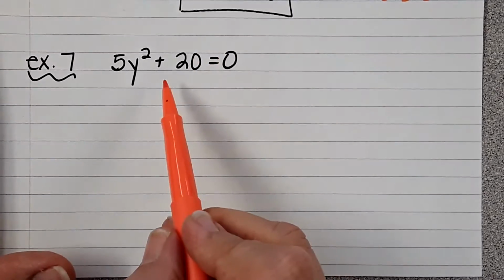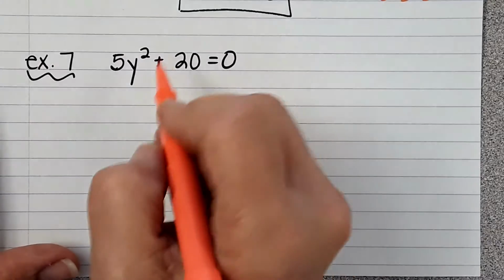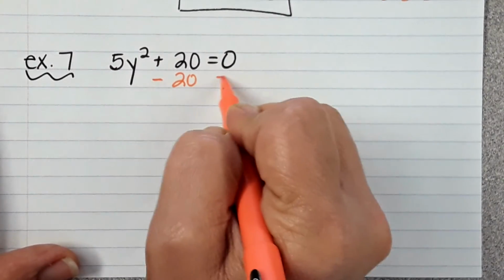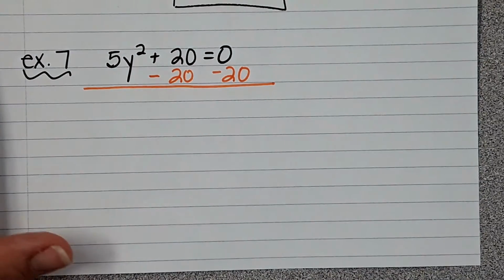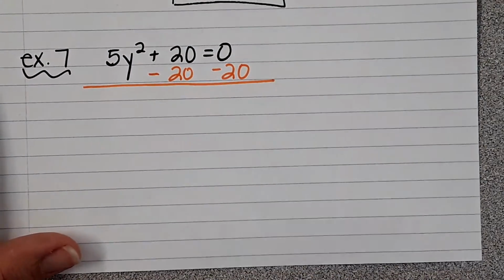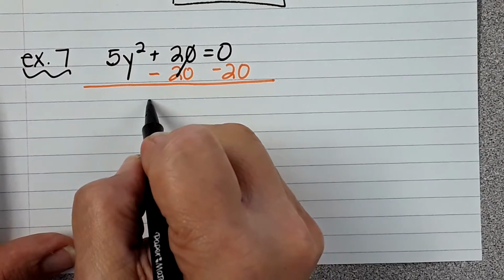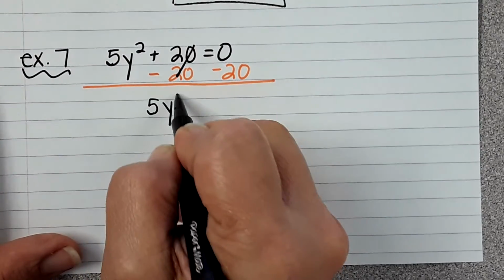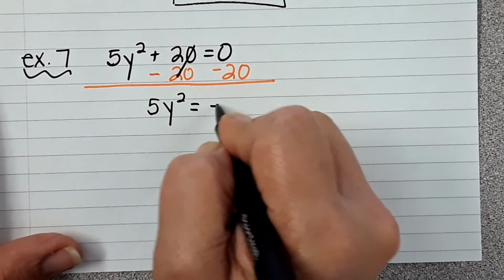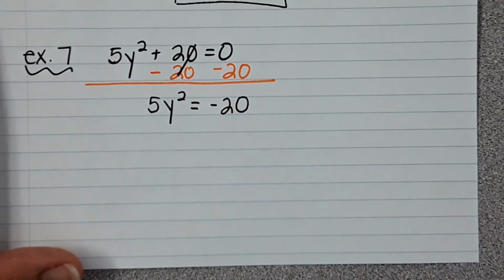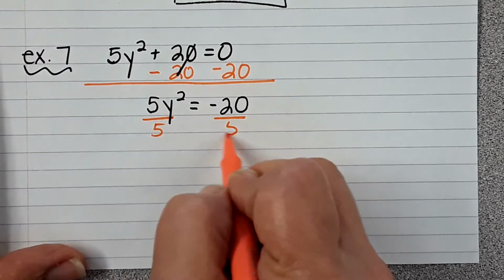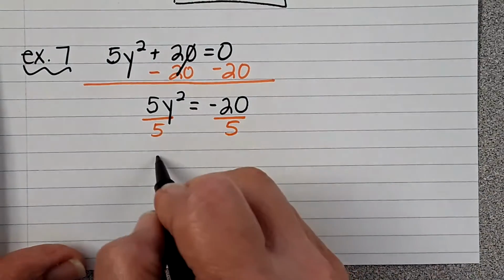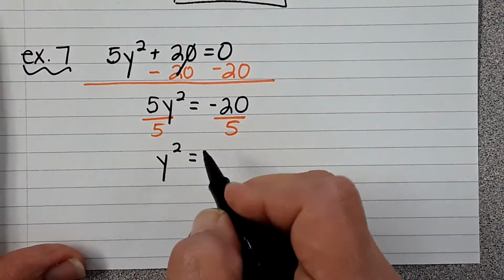Okay, what am I going to do? I'm going to subtract 20. Right now, we're only going to concentrate on quadratics, and that's the squared term. These cancel out. I'm left with 5y squared equals negative 20, and then I'm going to divide by 5. Y squared equals